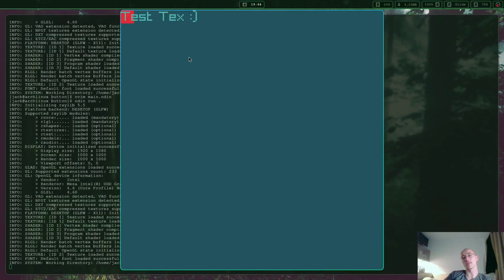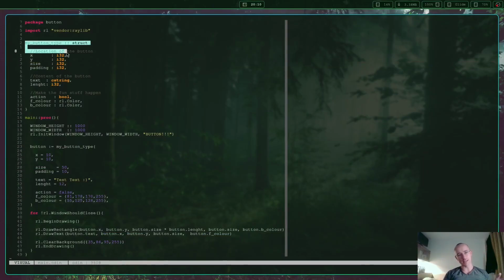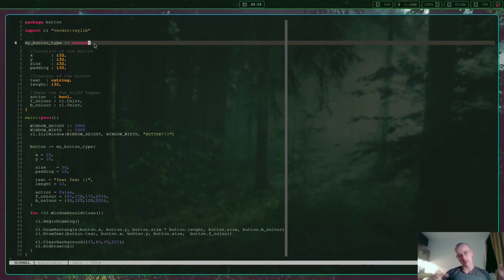So we're going to move on to the next section where we have our text and then we have a rectangle printing behind it and then we give it some padding. Okay, so we're starting to get a bit fancy with it now. What we've done is we've created a new type, the my button type, and it is a struct. So this struct is going to hold onto all of the information that pertains to a single instance